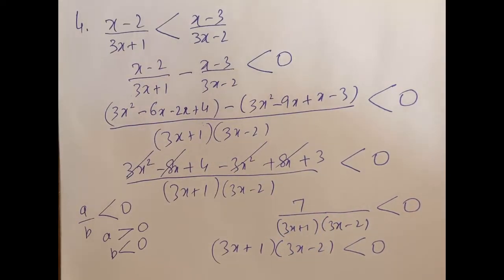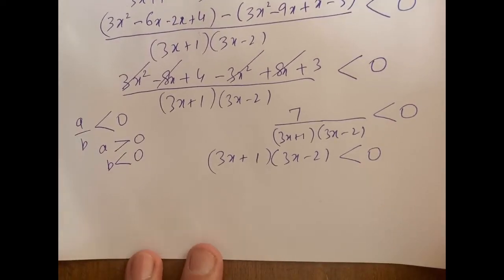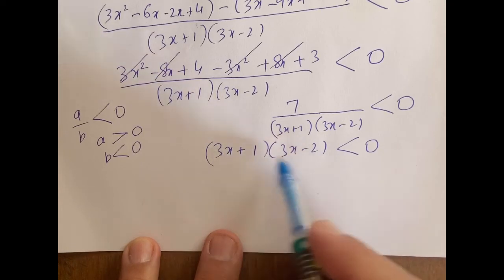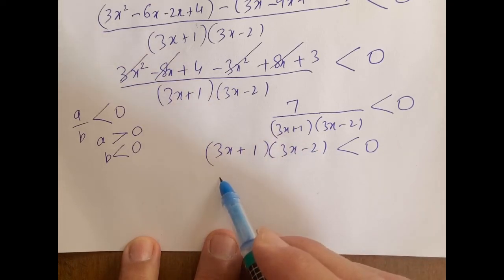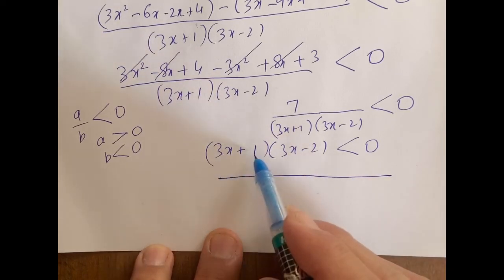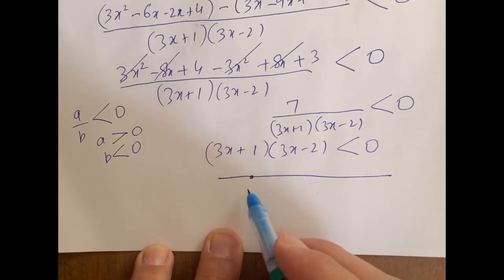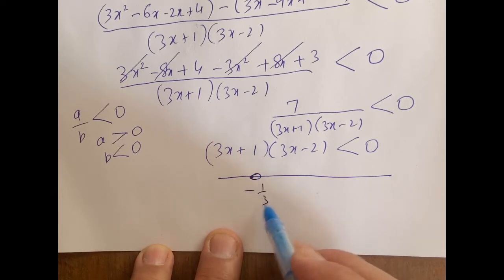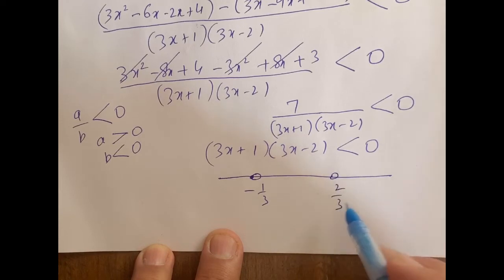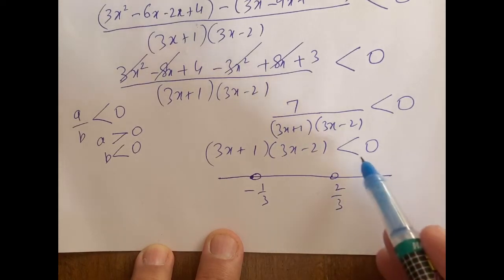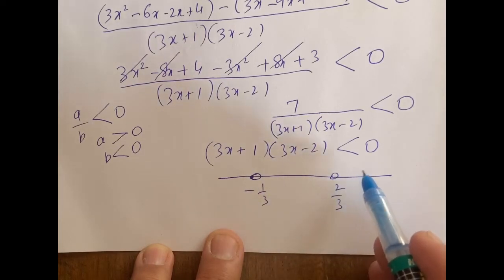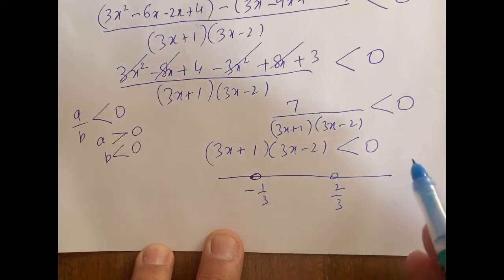And how do we solve this one? We use the wavy curve method. We have factors 3x plus 1, 3x minus 2, coefficient of x is positive here. Now we draw the number line, put this thing equal to 0, x is minus 1 by 3. So here we will have hollow circle. This is 0, this will give us x is equal to plus 2 by 3, again hollow circle. So if it's less than equal to, then we draw here solid circle. If it's only less than, then we have hollow circles.